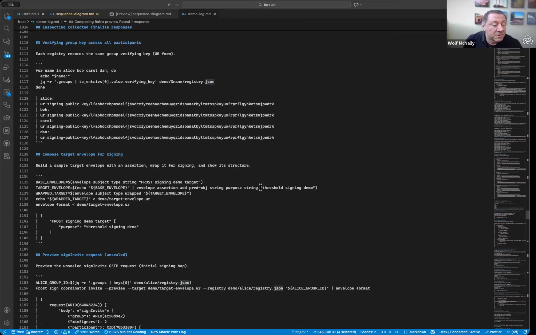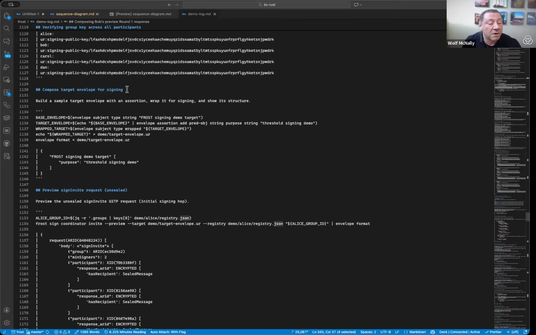public signing key. So then when it comes to signing, you have to compose the target envelope for signing. And so there's a few invocations here of our envelope tool. Envelope subject type is string, and then there's the string. Then envelope subject type, they basically add an assertion to it, which is, this is an assertion where the predicate is the purpose, and the object is another string, threshold signing demo. So this is basically a complete envelope. And then we wrap it, which is these outer